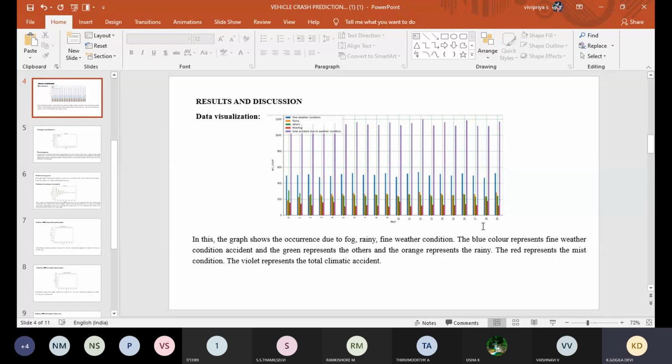Okay, actually, I couldn't understand your project. Could you say it in 3 to 4 lines? Ma'am, we have taken a data set of vehicle crash due to weather condition, ma'am. Like,